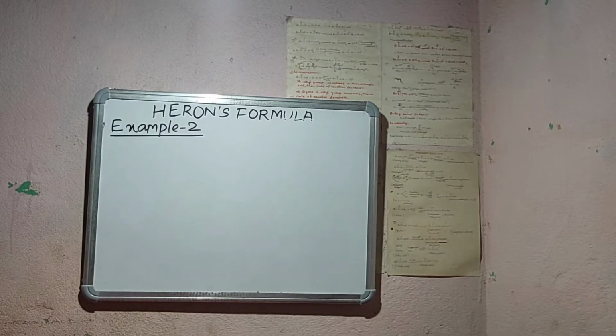Fencing all around it means we fence the borderline. Remember I told you, what is perimeter? Perimeter is the total length of the borderline. So we have to find the perimeter first, then the cost of fencing, and the area will be calculated by applying Heron's formula. So let's solve it.